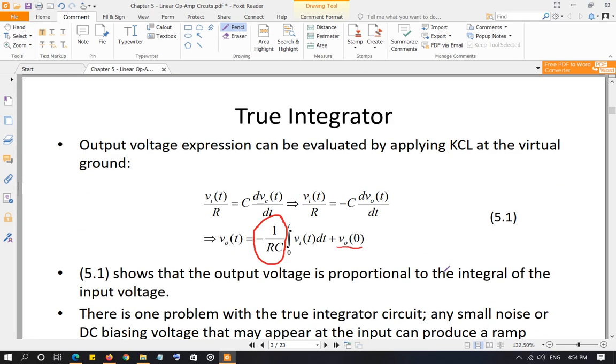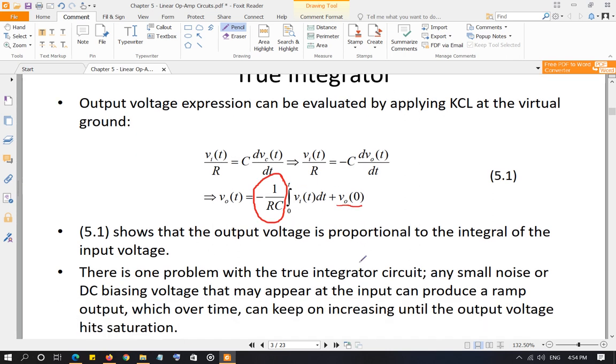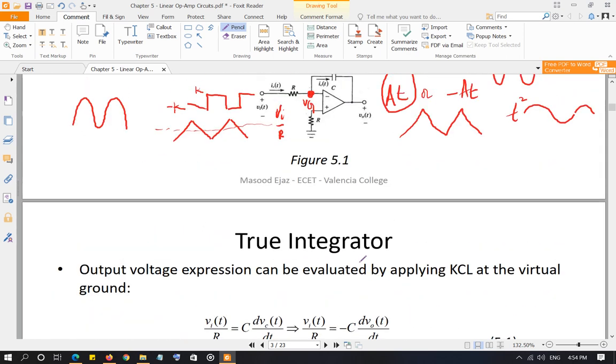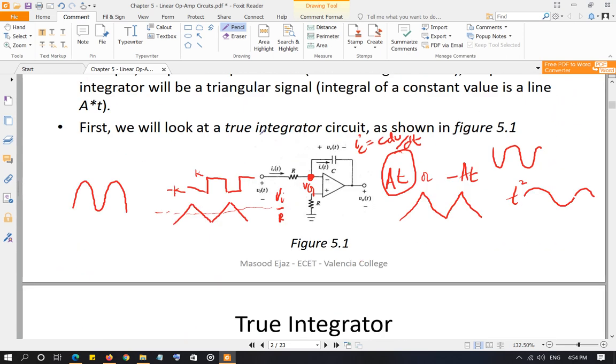If you have a relaxed circuit, that is, the output is 0 at time t equals 0, then the output will simply be negative 1 over RC integral of V input t dt from 0 to t. Alright, so this is all good. There is one small problem here, and you can see that problem when you simulate this circuit through